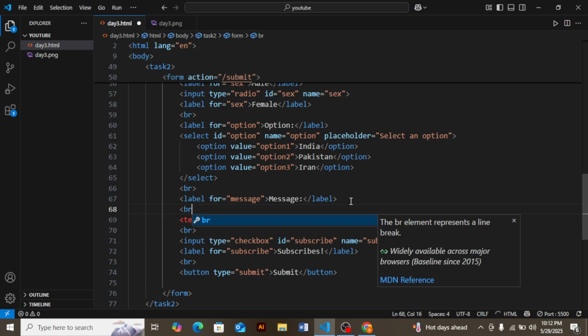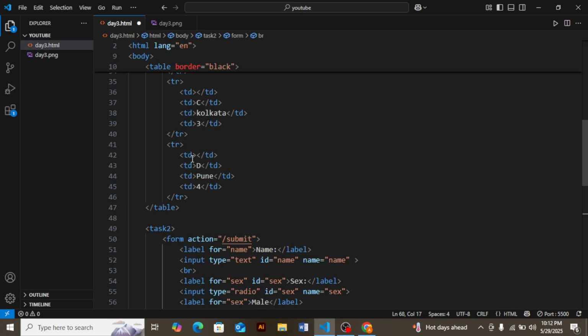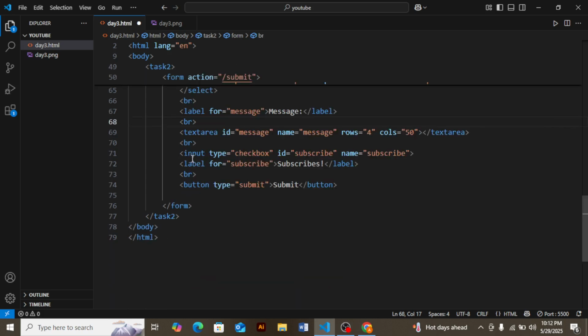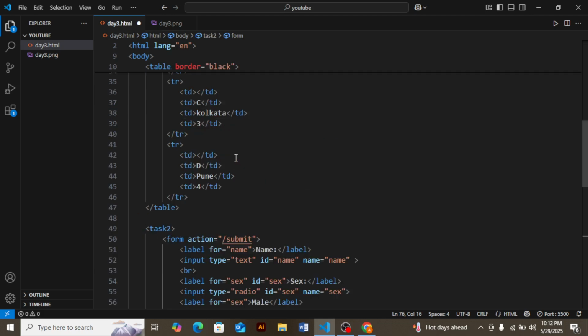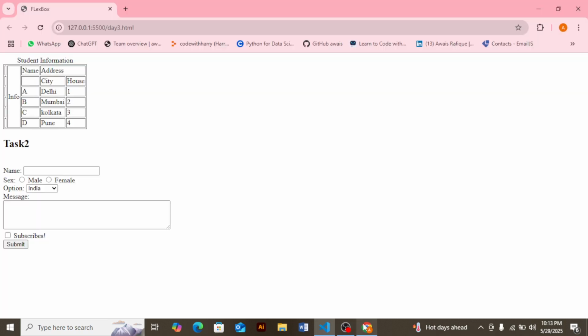The next is also Task 2, so here I want to create the H2 for Task 2. Now we check. Here I used the br tag for the space, but in practical cases it's not usual to use the br tag in every place. So this is for practice. Here you can see female and male.